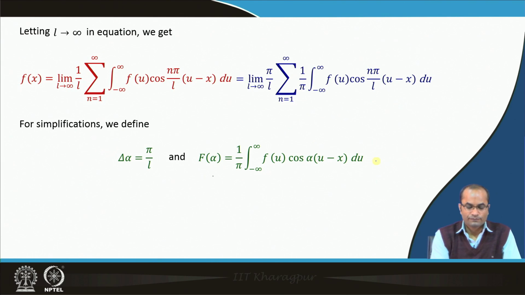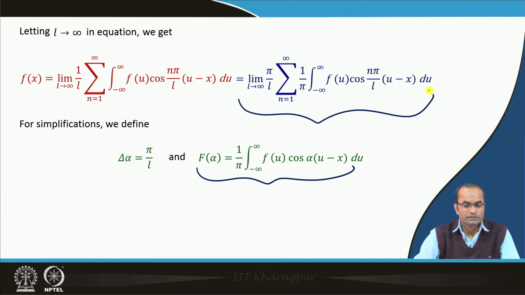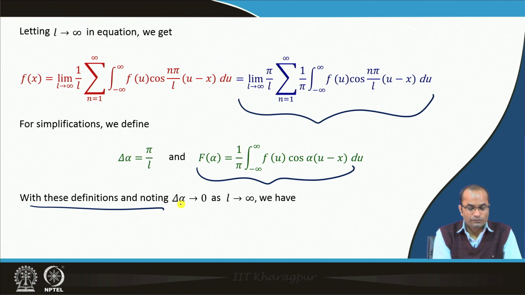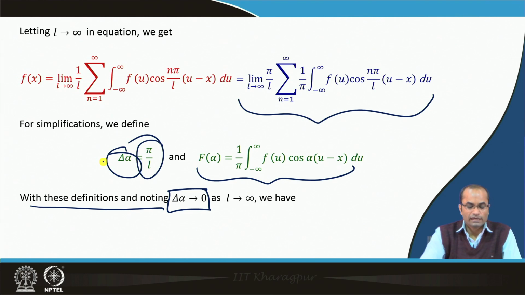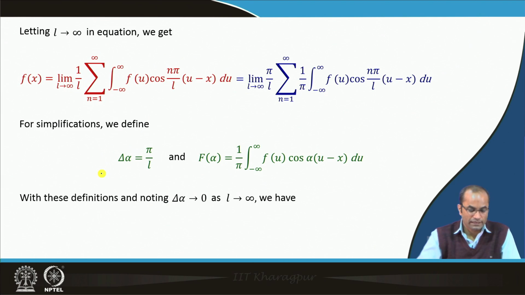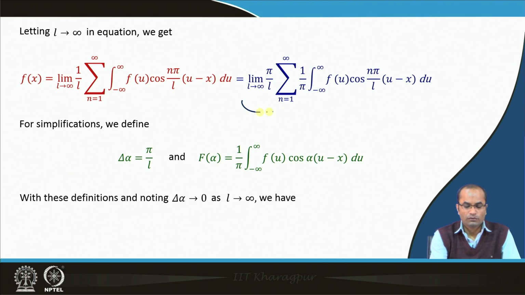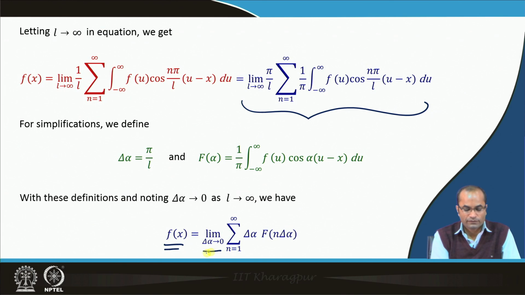So, with this notation we can now write down this Fourier series indeed in this form, and then we also notice that when delta L approaches 0, that means L approaches infinity. So, as L approaches infinity, delta alpha will go to 0 with this relation. If L goes to infinity, then naturally delta alpha will go to 0. So, now this integral we can rewrite. So, we have the f(x) and we have the limit, instead of saying L goes to infinity, because L